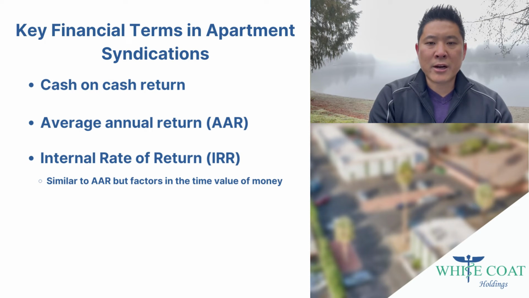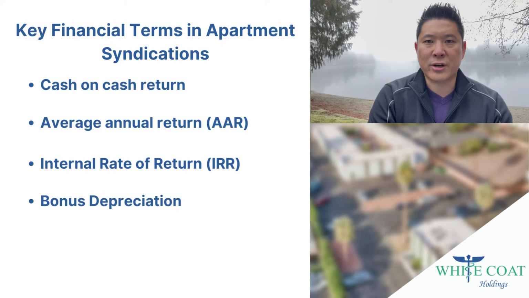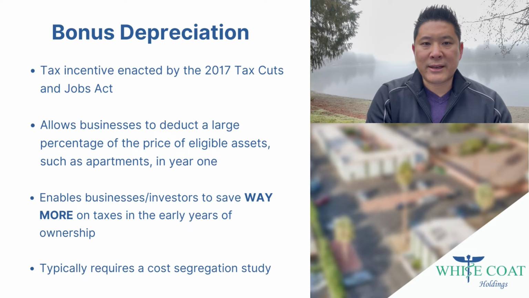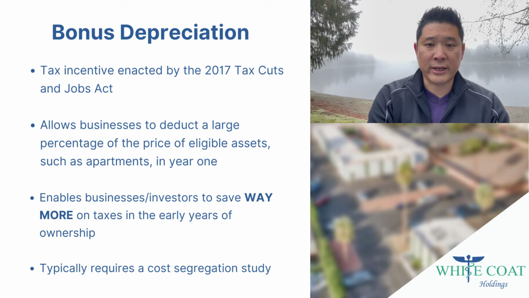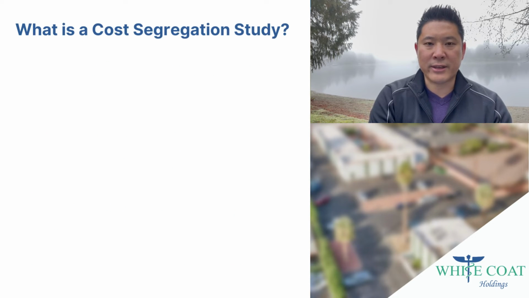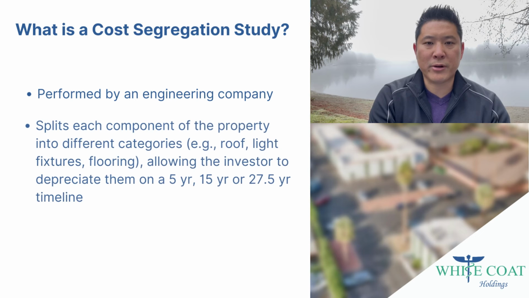And then the last term that I'll talk about here is something called bonus depreciation. Back in 2017, based on the new Trump tax laws, real estate investors, when you buy a building that is new to you, so it doesn't have to be a new building, it just is new to you, can take what we call accelerated bonus depreciation on the asset. Oftentimes what you're going to hear real estate syndicators do is hire an engineering company to conduct what we call a cost segregation study. The engineers are going to come out and look at the building and break it down into all the different components of the building, okay?